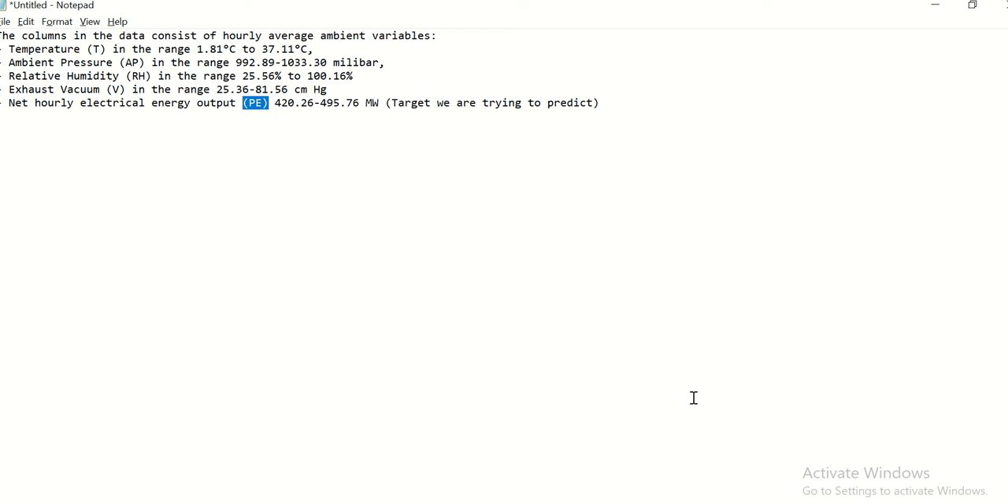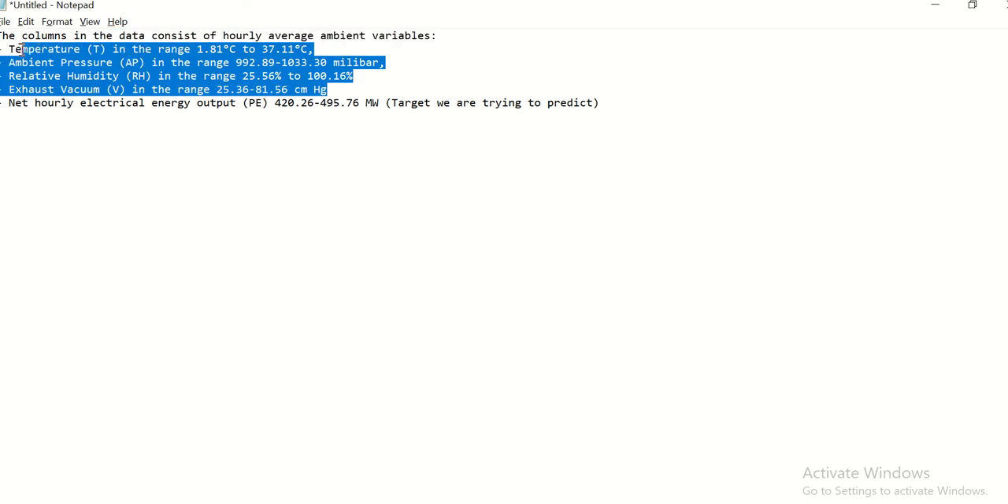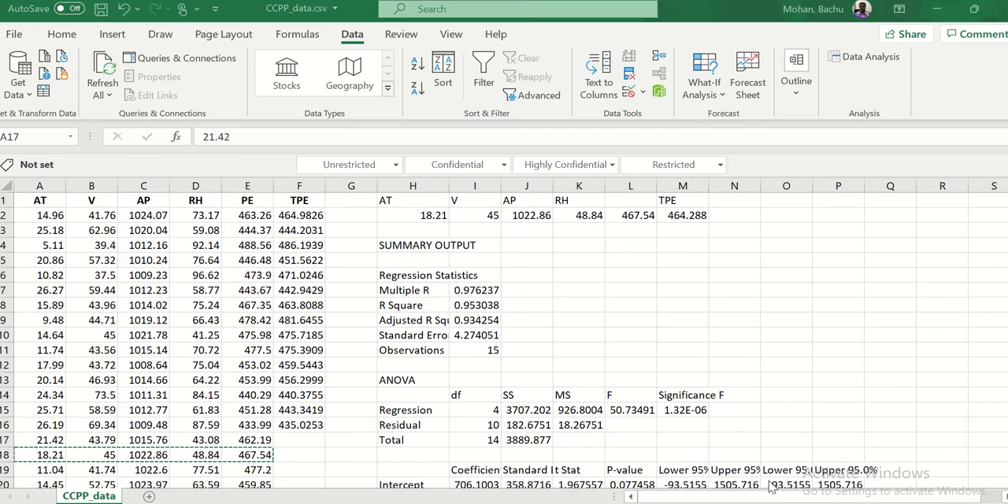This is for predicting the electrical energy output of the company. We have four input parameters: temperature, ambient pressure, relative humidity, and exhaust vacuum. Once we give these inputs to the model, it will give us the electrical energy output, PE. We have a sample data set which has around